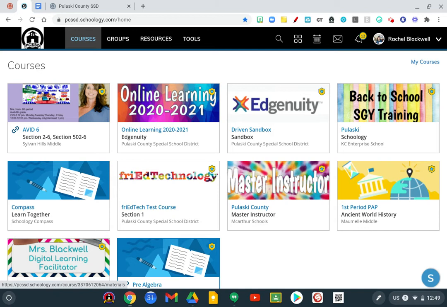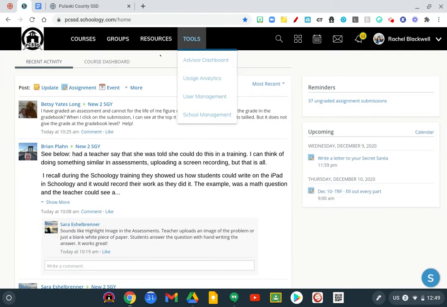Some of the elementary ones I've seen up to like 16 things. So this is going to be a great time of the year for all of us to clean up our dashboards, or mostly clean up the students', because kids can't delete things that are on their dashboard. They have to be removed or the course has to be deleted. So we're going to talk about that. One thing I also want to talk about in here is how to